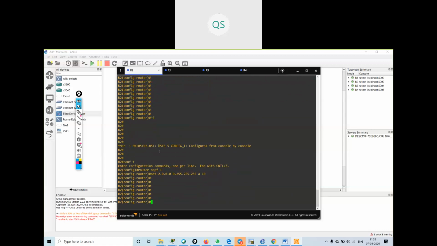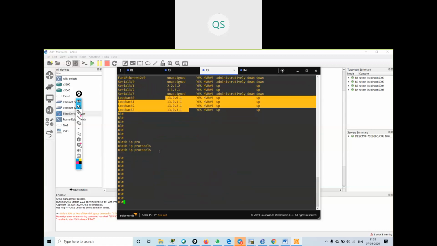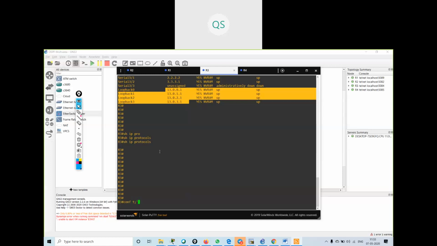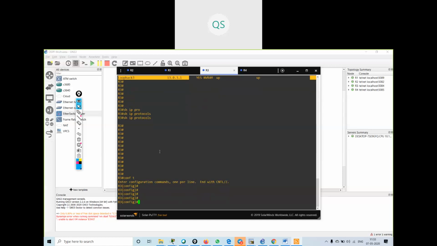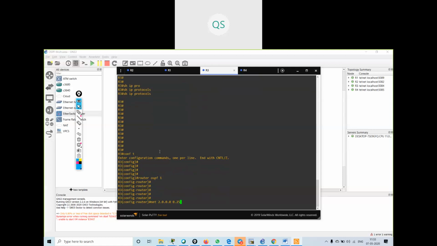Okay, now I will go on R3 and I will say config T. R3 is the ABR router. Router OSPF 1. I will say network 2 dot network in area 10. 30 dot network in area 10.